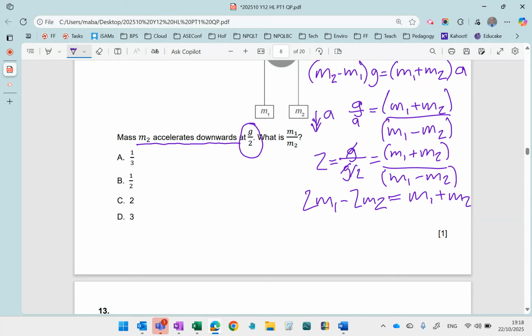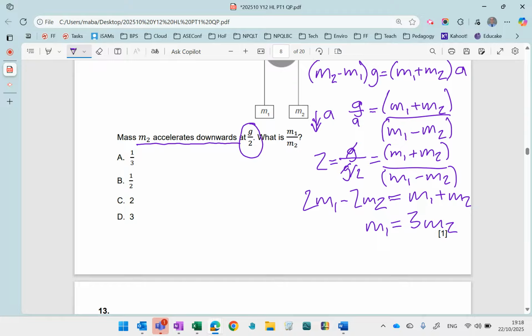And then you've got to add 2M2 to both sides, and subtract M1 from that side, so you end up with M1 over here equals 3M2 over here. Okay, and then you've got to do